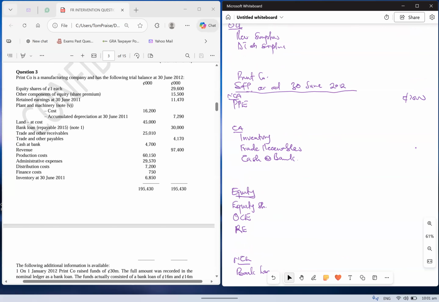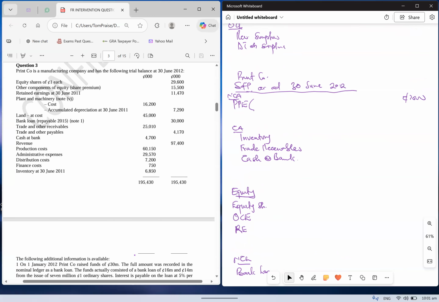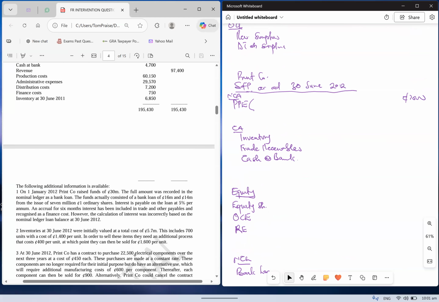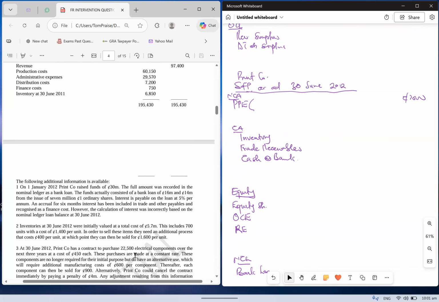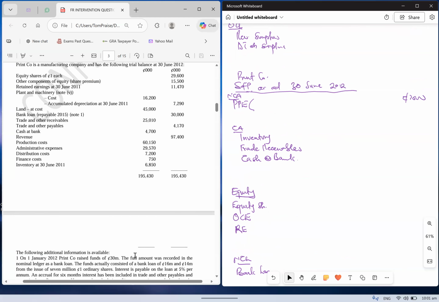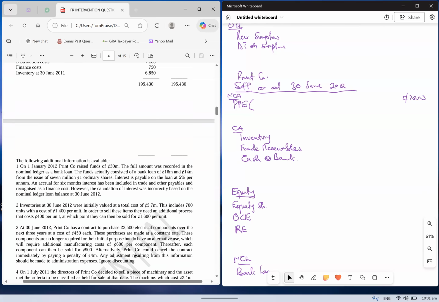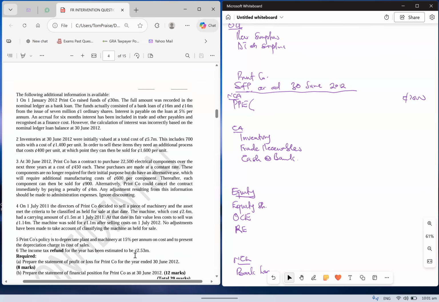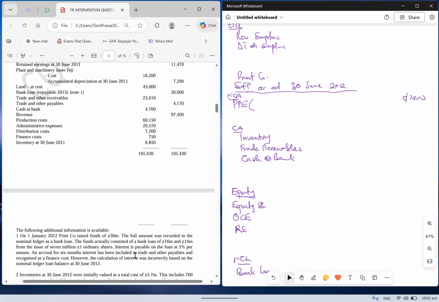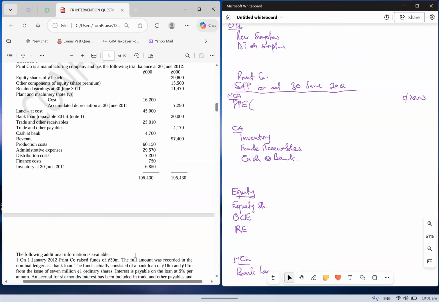PPE, whether you like it or not, there will always be workings on PPE. Do we have workings on inventory? Like, did they do something about inventory? Where is the inventory? This is the inventory at the end of the year. Yes, there is a note on inventory, note 2. So chalk. Do you have a note on receivables? Trade receivables? There was no note on trade receivables. So why delay? Go and copy and paste. Trade receivable is